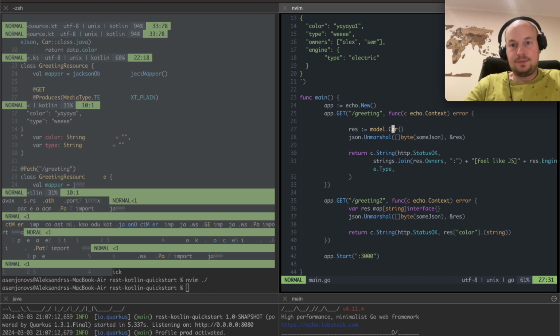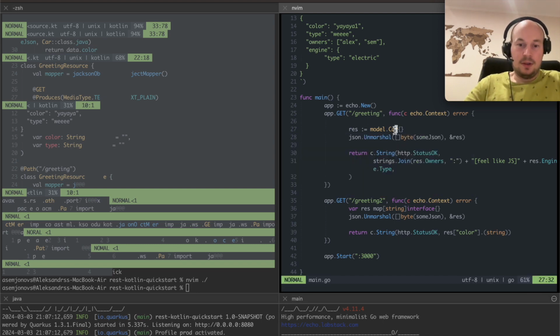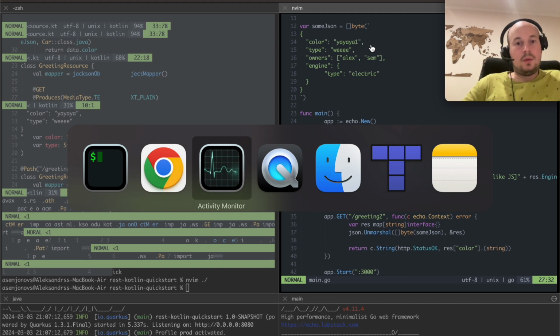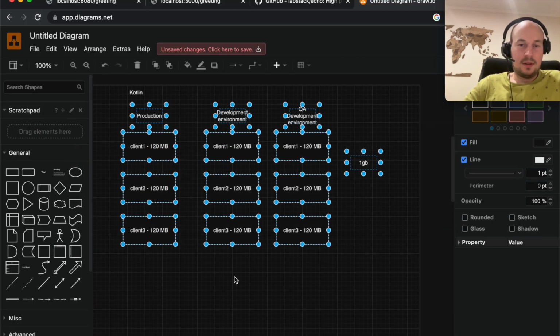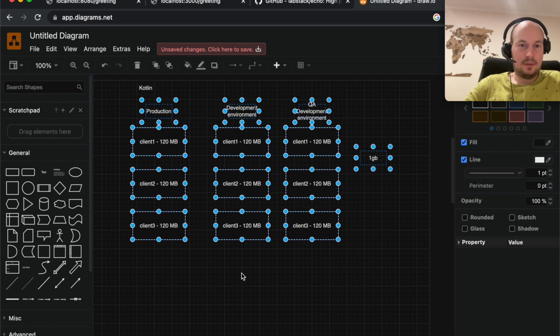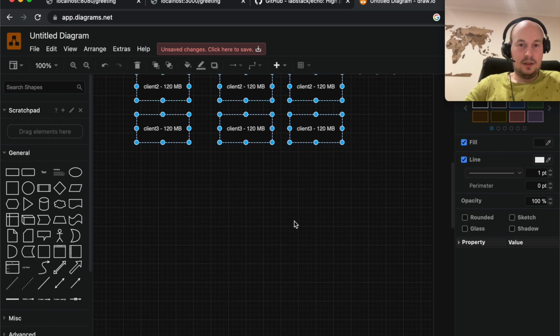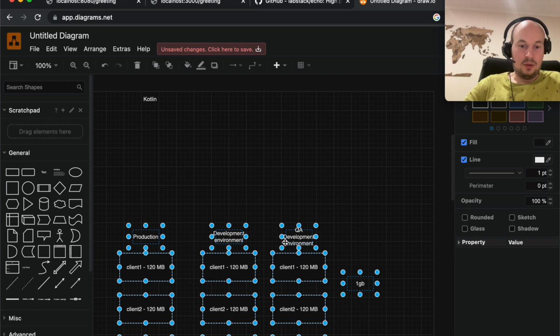In my case, my car struct is just a collection of other strings and some other struct in there. I mean, it's not that complicated, right? So why bother using so much memory? I mean, it's a logistics nightmare. No? Let's say we rewrite some of the smaller stuff in Go.